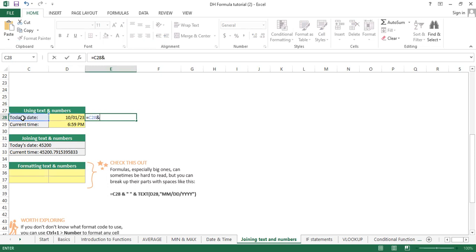Then I want a space between today's date and the date. So I'm going to put double quote, space, double quotes. Then and